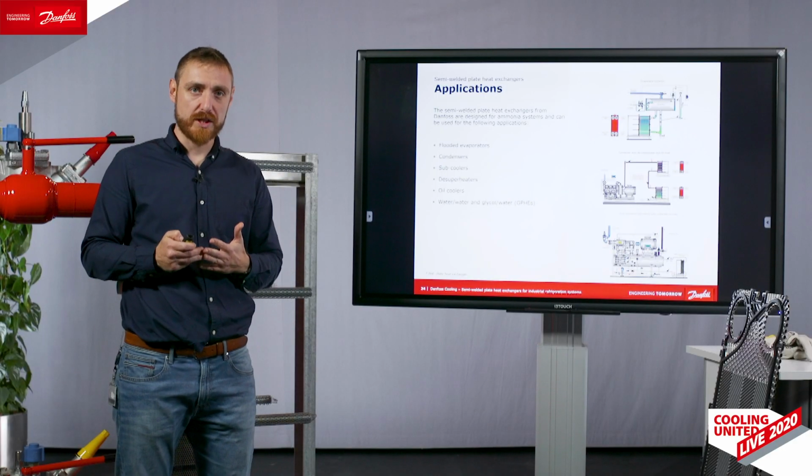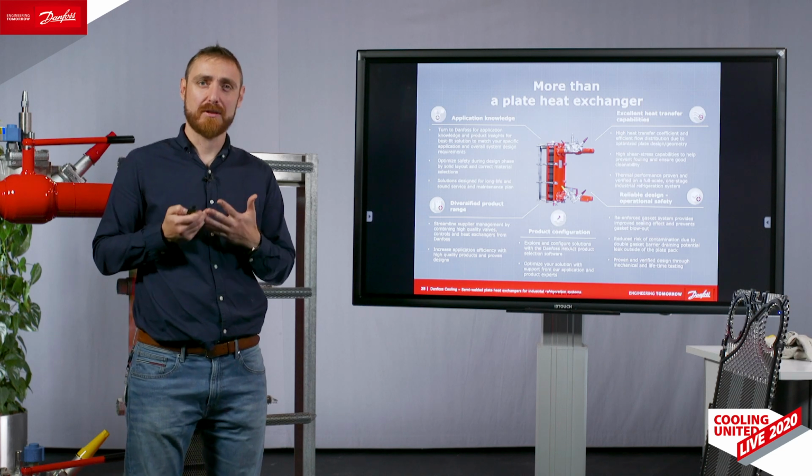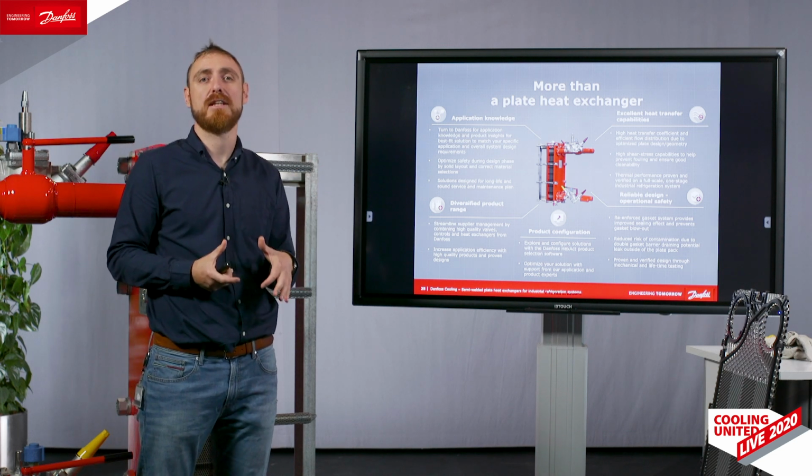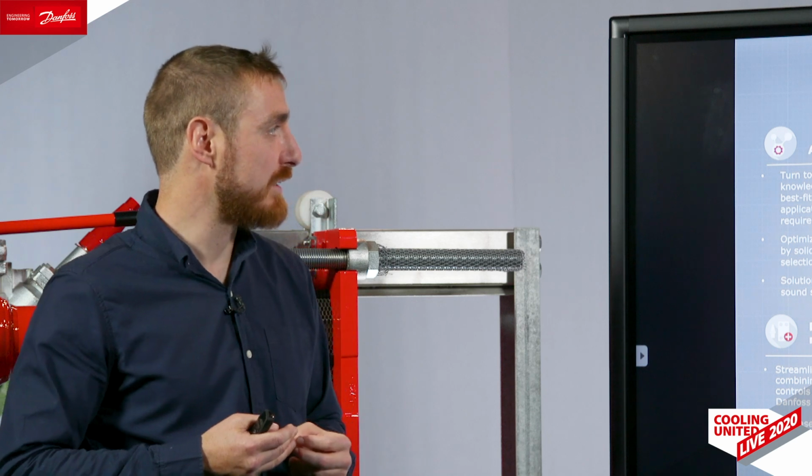In the industrial refrigeration team, we like to apply the knowledge and application experience which we have gathered through all of our industrial refrigeration products, and not only to look into a heat exchanger as an isolated box. We like to design the heat exchanger according to the best fit and operation in a system, rather than just delivering the inlet and outlet temperature which is required sometimes. We see many synergies in this, such as optimized compressor operation, improved COPs. We see many times we can improve our design if we ask the critical questions towards the design of the whole system in order to make the best fit of the heat exchanger and to gain most out of the